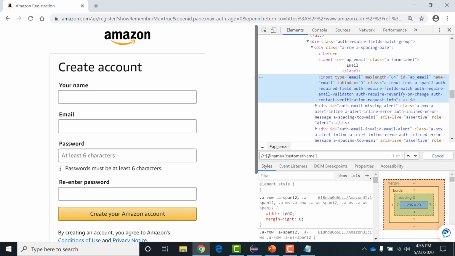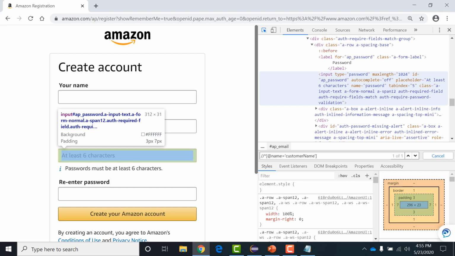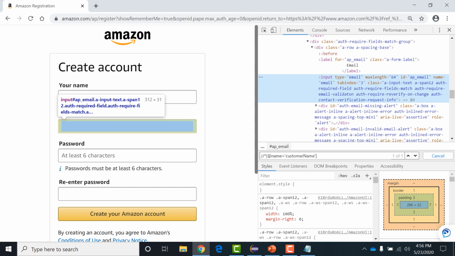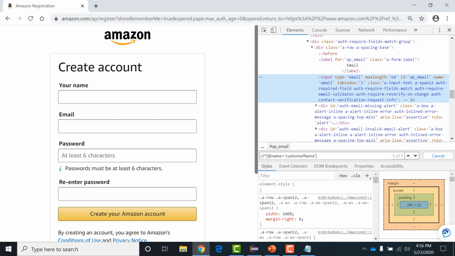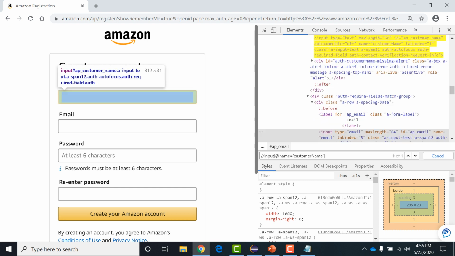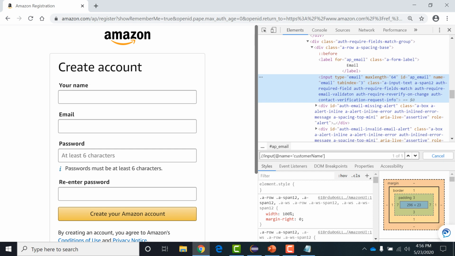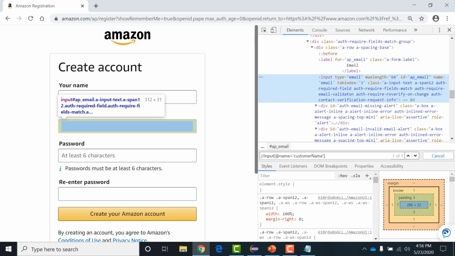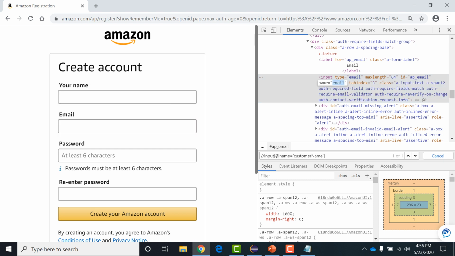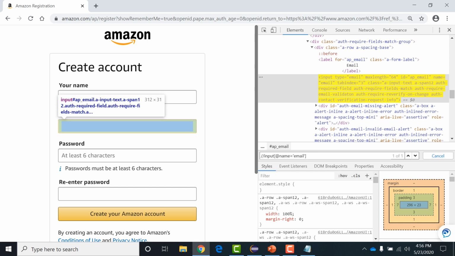See, this is my input. This is also input. So this is the input element of email that I want to identify. What I write? Simple input. Now, what is the name over here? The name is email. Attribute is name, and the value of that attribute is email.